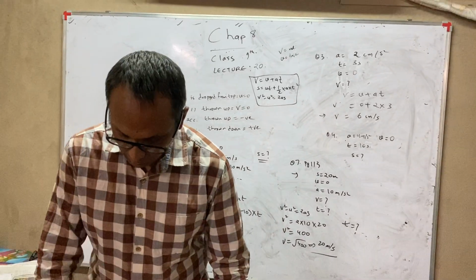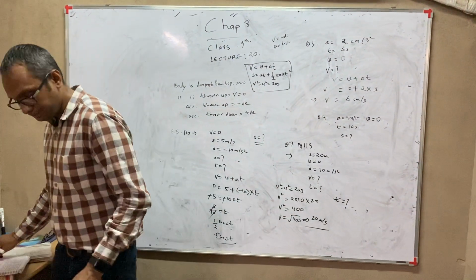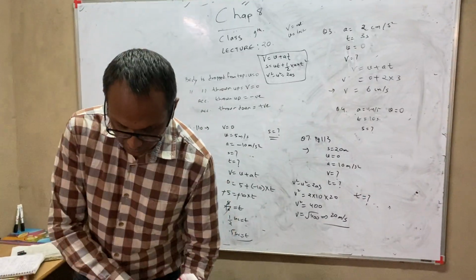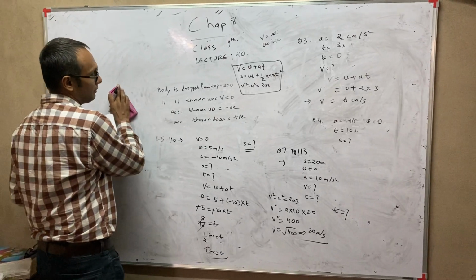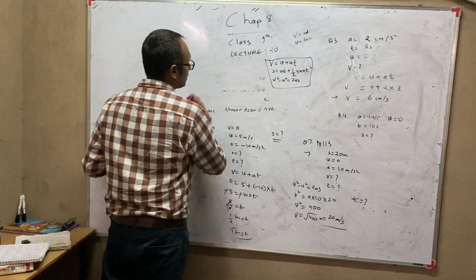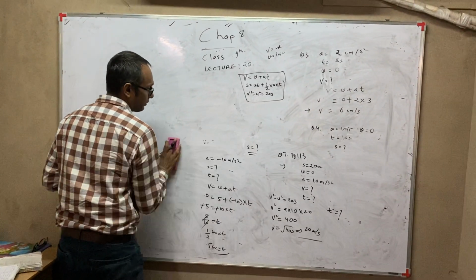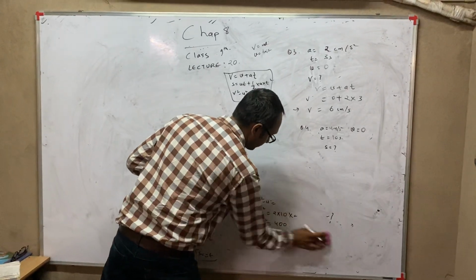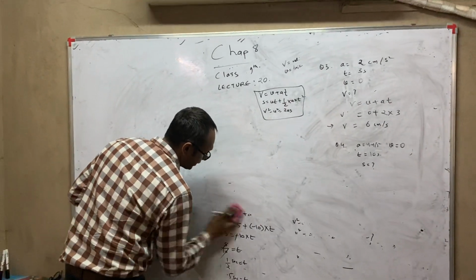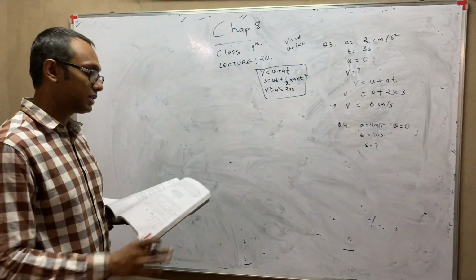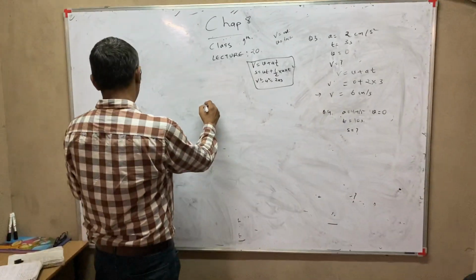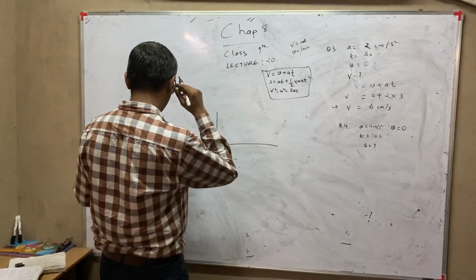Now, one other sum we are discussing now, which is question number 8. After 7, there is a question number 8. So that question number 8 we are discussing now. In this question, we will be reading things from the graph. They will give us values, but they will give us the values in the graphs. This graph is made in the question.